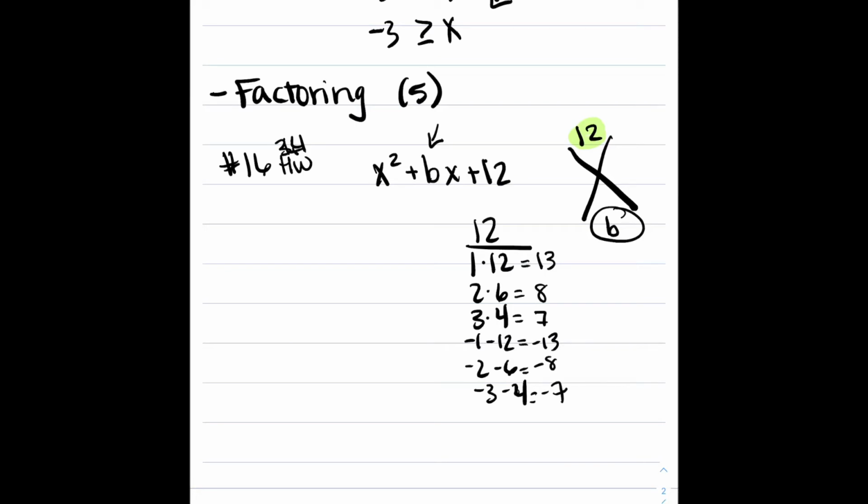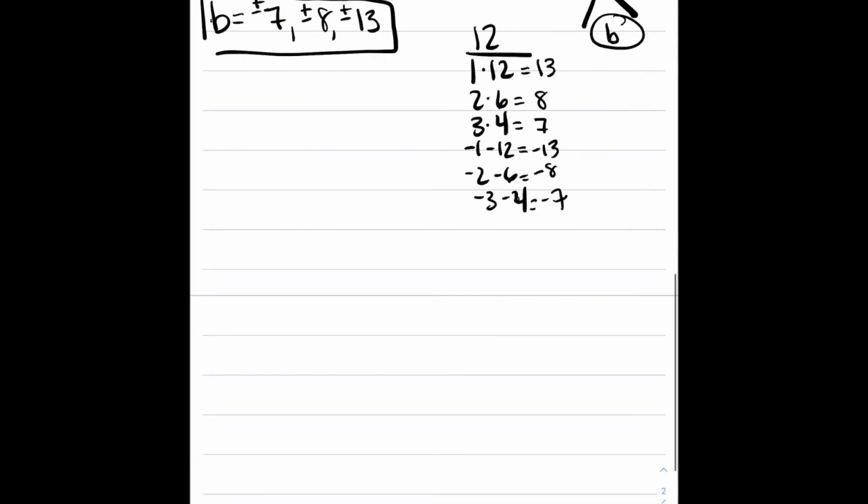Then I have negative 13, negative 8, negative 7. So that means on this problem, all the values that b could possibly be are positive or negative 7, positive or negative 8, positive or negative 13. Okay. Then number 17 on the homework,